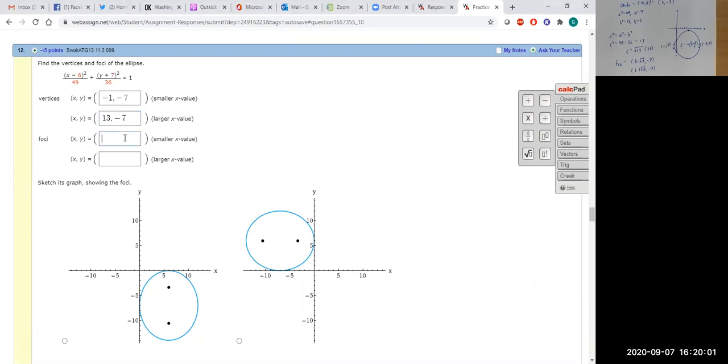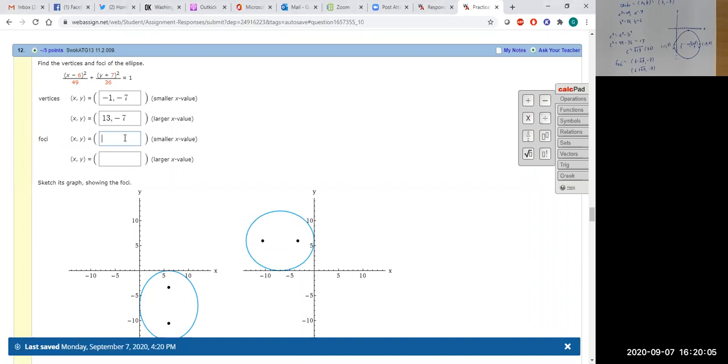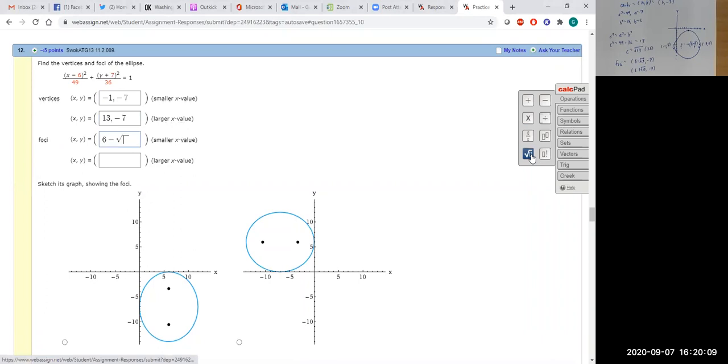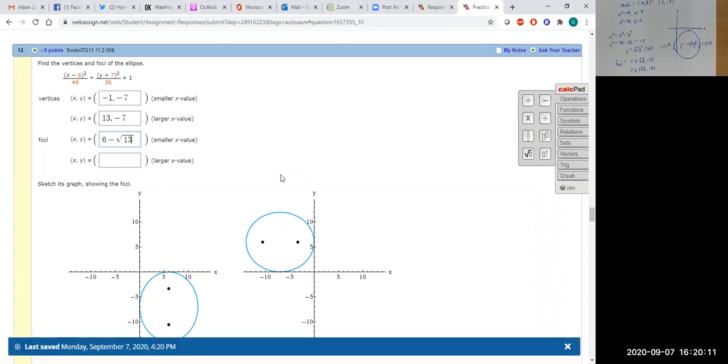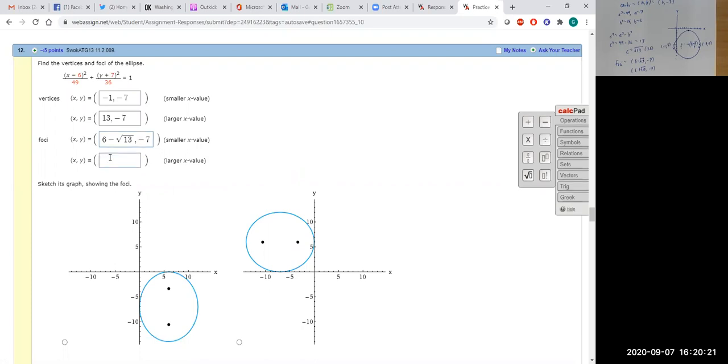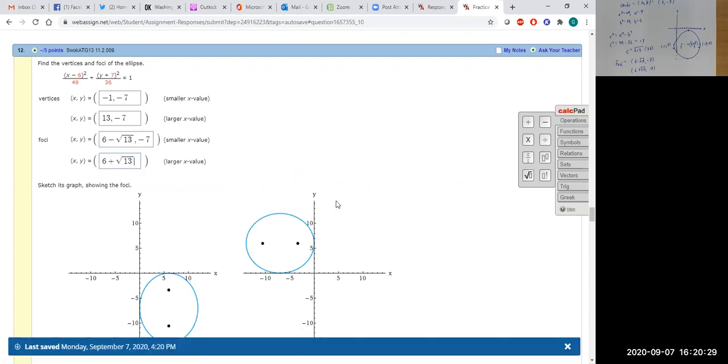Now the foci, the smaller one is going to be 6 minus square root of 13. And the value of y is -7. And then the larger foci is 6 plus square root of 13,